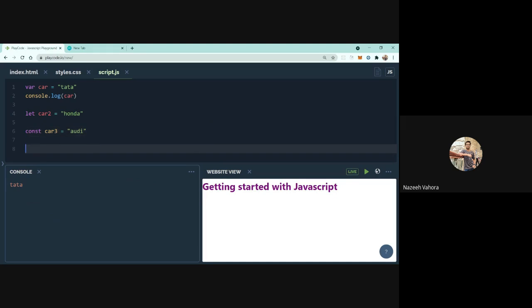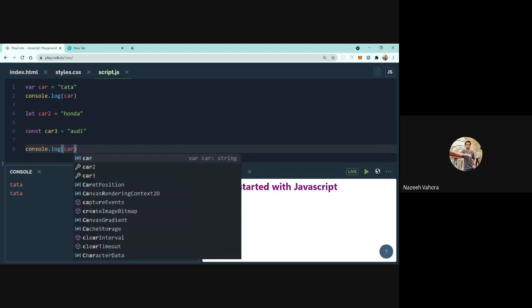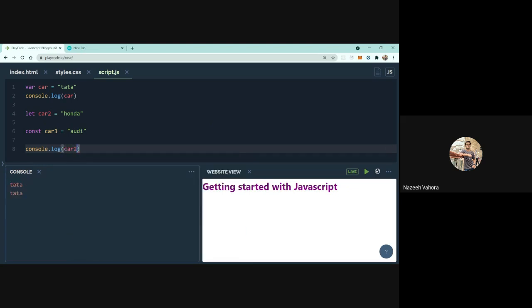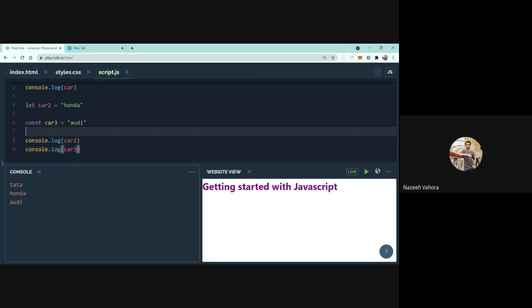Let's console all the values, let's say car3. So we can see that all the values have been logged and we are not getting any errors. So we have declared it in the correct way.